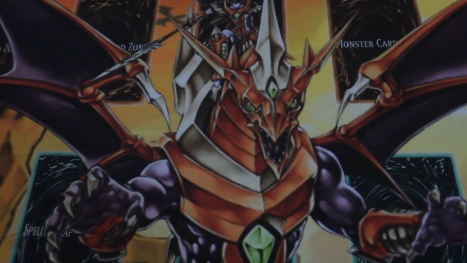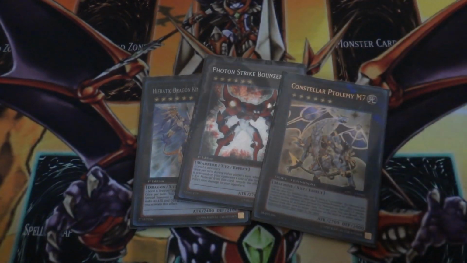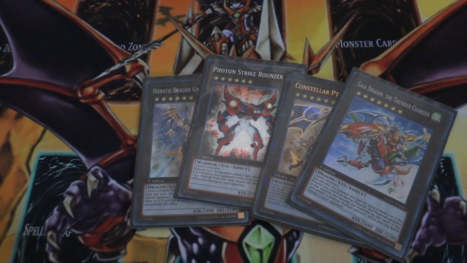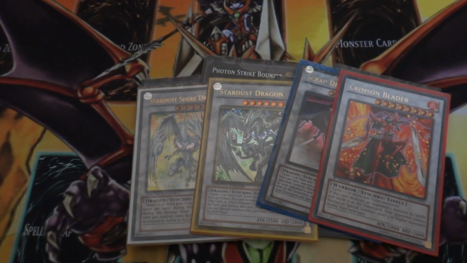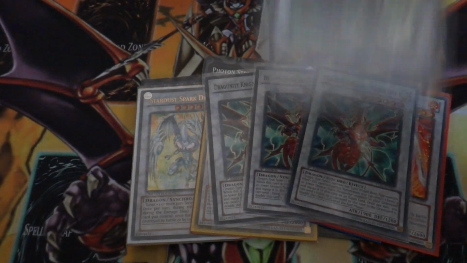And for my extra deck, for the Xyz, I have Tom, Photon Strike Bouncer, Ptolemy M7, and Gaia Dragon. For the Synchros, I have Stardust Spark, the regular Stardust, Scrap Dragon, Crimson Blader, and I have 3 Vajrayana, 1 Gae Dearg,